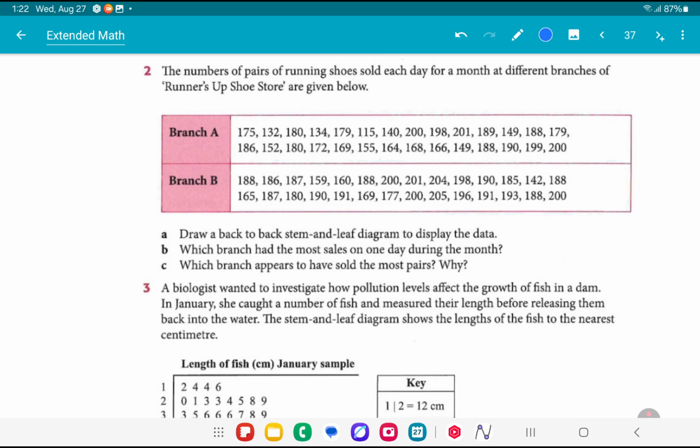So we will look at the smallest size for brands A, about 115, and for the biggest one is about 190. Oh, that's 200. So we will write down as the first one is 11, 12, 13, 14, 15, 16, 17, 18, 19, and 20. And then we write down as brands A and B.